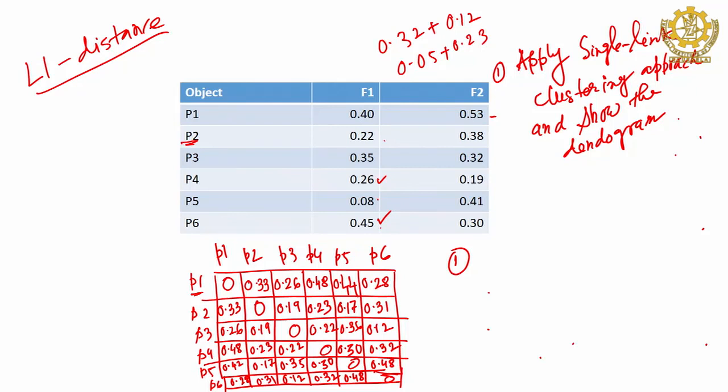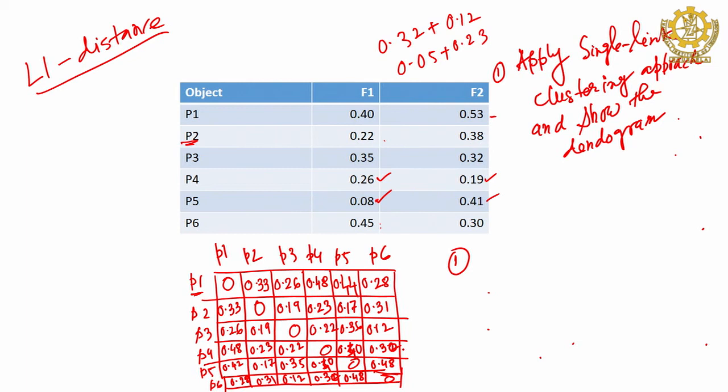Now we apply the single linkage. P4 and P5 is 0.40. So now you have to apply the single linkage. Single linkage means you have to find the minimum one. You can apply the techniques I said, or you can find it here. When you do it manually, you can search here. Which one is the minimum on the upper triangular?